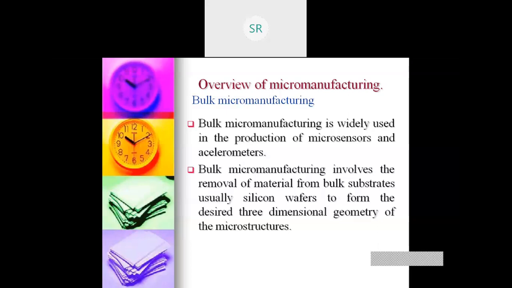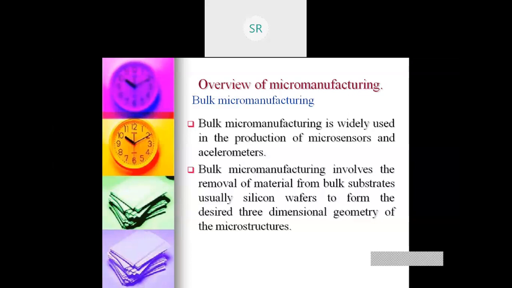Okay, now usually the material used in the design of MEMS or the microsystem is basically silicon. So why is silicon mostly used in the design of MEMS or the microsystem? One basic advantage is that it is mechanically stable and can be integrated into electronics. That is the greatest advantage of silicon. That is the first advantage.